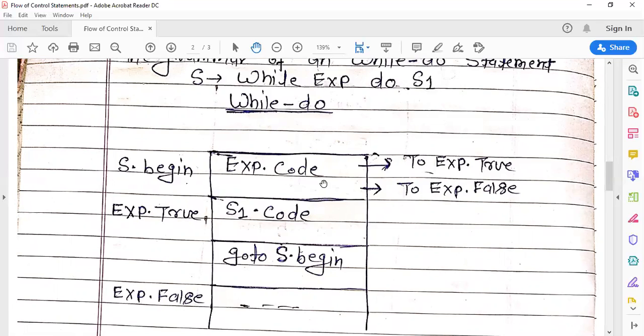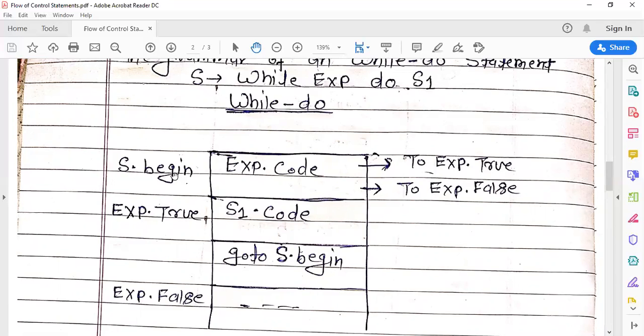You can see here if exp.code is true, then your control jumps to the exp.true label. After executing the S1.code, you go to S.begin. So again control transfers to S.begin, and this exp.code has the label S.begin. What is the meaning of S.begin?